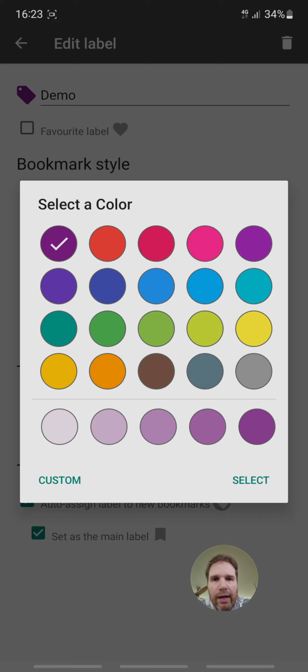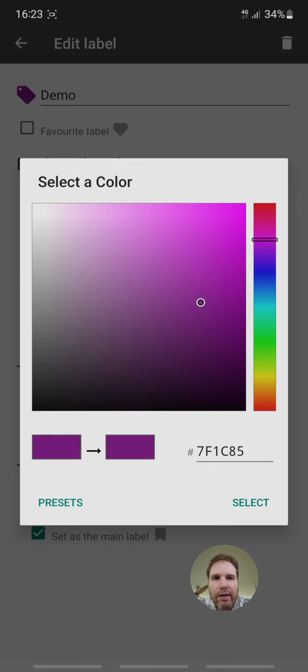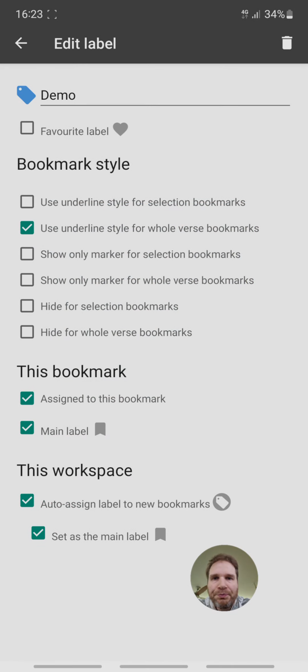And you can even customize with a custom selector, so you can choose whatever color you like for the label. And then you have different styles. My favorite is this underline style, so I'm using it quite a lot, but there are also possibilities of